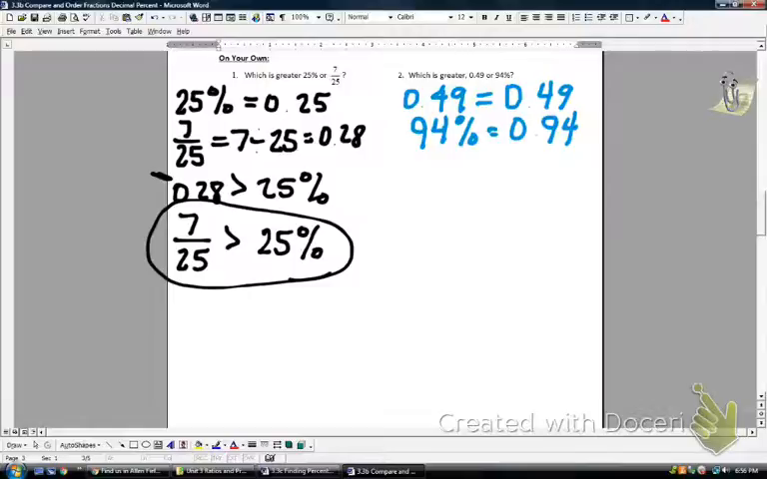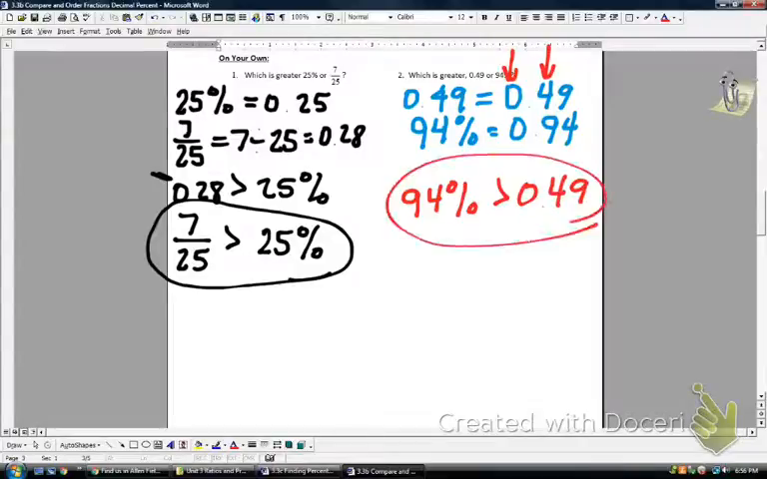0.49 is the same thing as 0.49, and then 94% is the same thing as 0.94. Remember, one of the suggestions we learned at the beginning of the year was to write them in columns, and then I can compare this column. They're both zeros, so that does not help me. Then I can compare this column. 9 is bigger than 4. So 94% is greater than